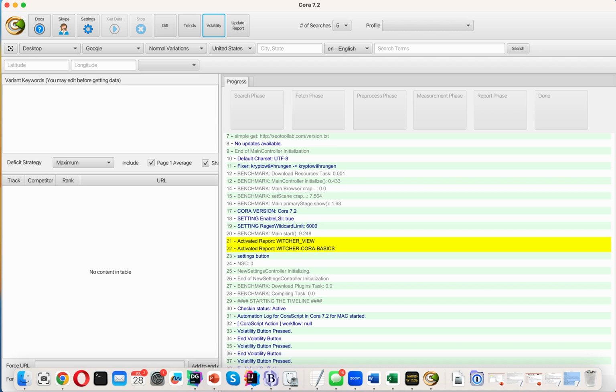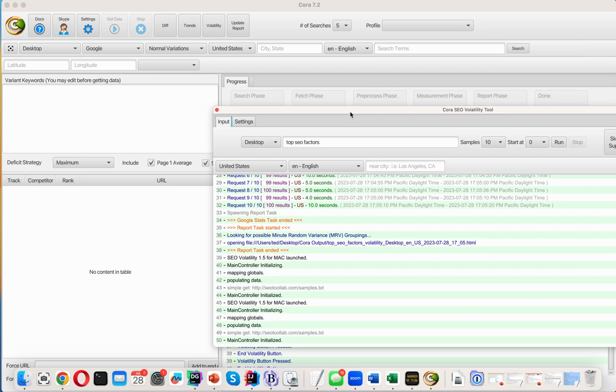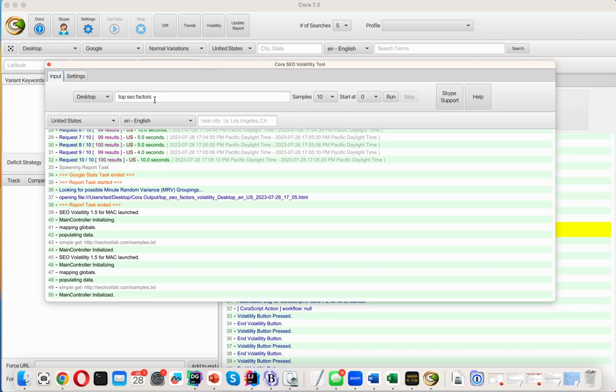Hello. In this video, I'm going to talk about using the Volatility tool, which is one of the things I recommend you learn early on in Cora. So to access the Volatility tool, we use the Volatility button, and it will open up this window, of which